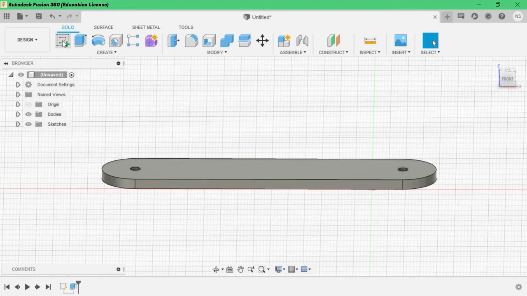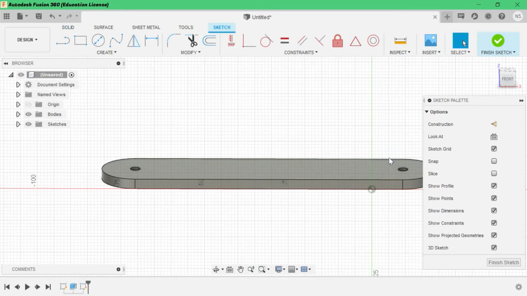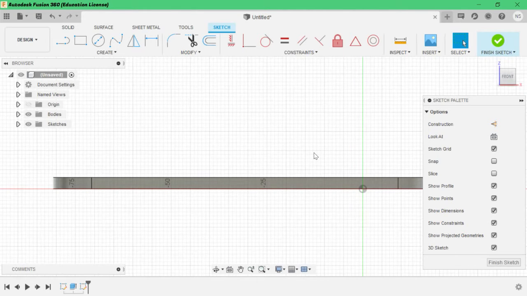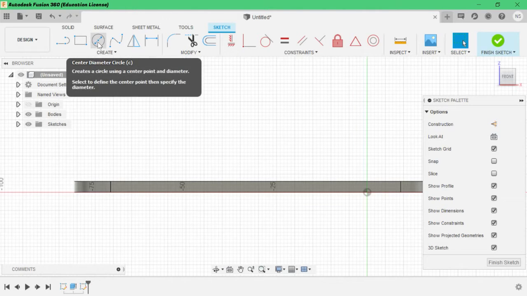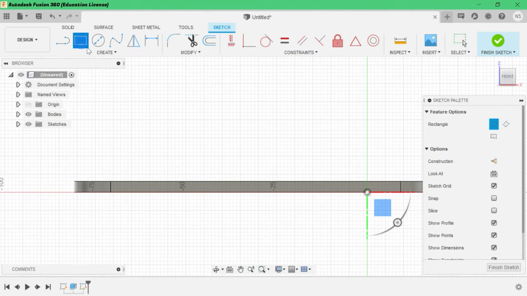So now we want to create a sketch again. Click this front sketch area, front axis. Now we have to give another circle, now another rectangle.